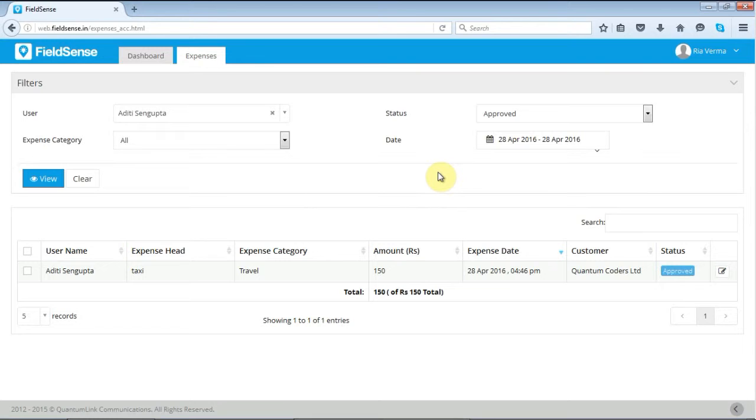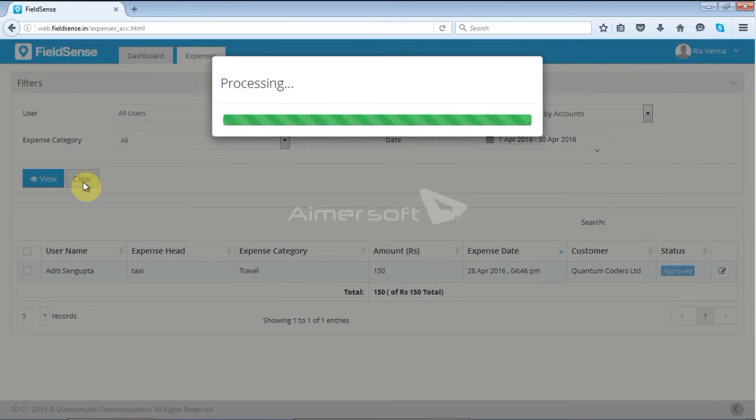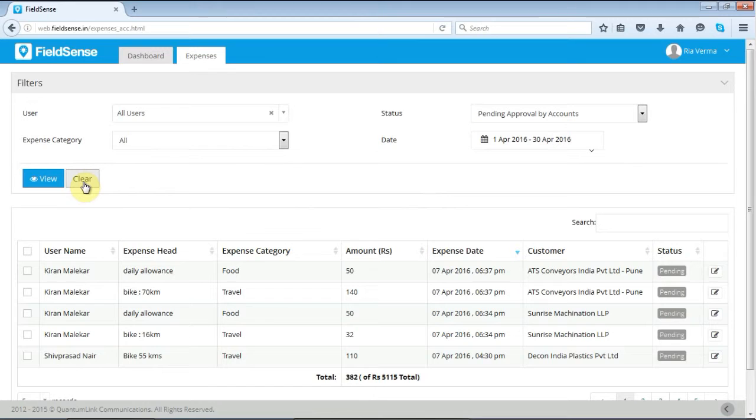In case you need any other assistance, you can go through the last videos, wherein you will see the details regarding how to upload your expense reports. Also, one thing to mention over here, let's click on clear. There is a section which shows you the total, that is 382 of rupees 515 in total.